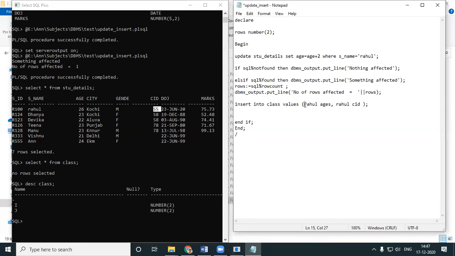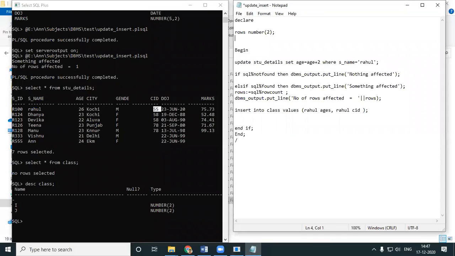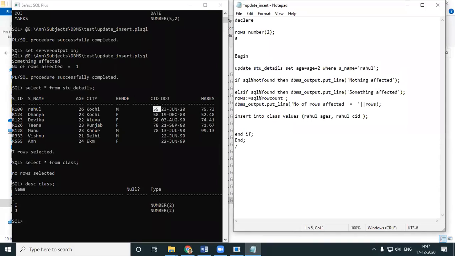So earlier we saw how to insert age and CID. Very simple. For that, we'll have a few variables. Let's say A for age and C for CID. So what is A? A is STU_details, the table name, dot age, percentage type.